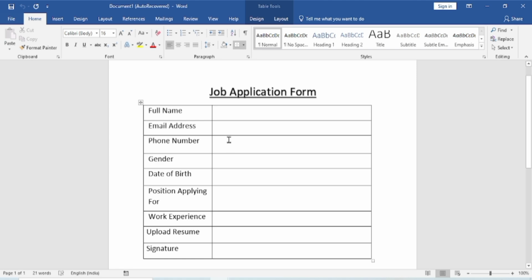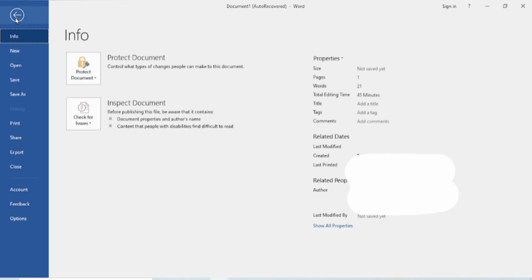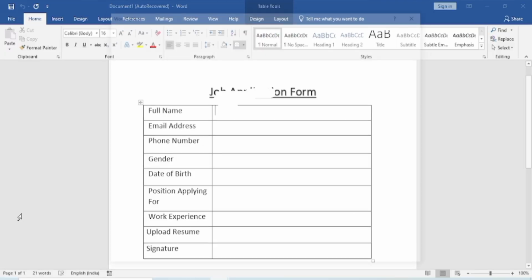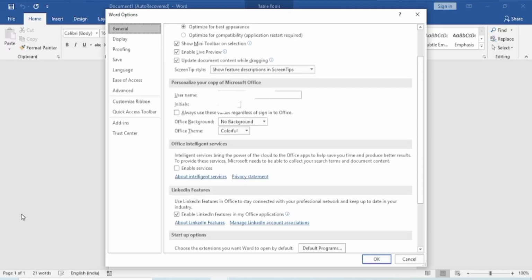Step 1. Enable the Developer tab. Click on File, click Options, and customize ribbon.